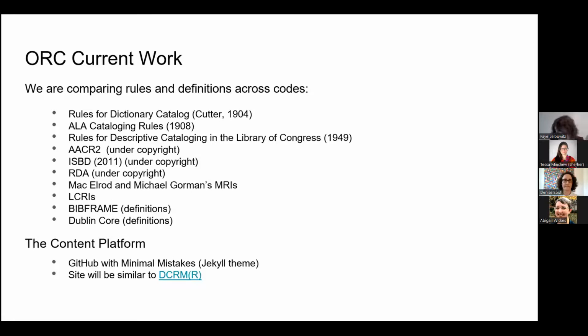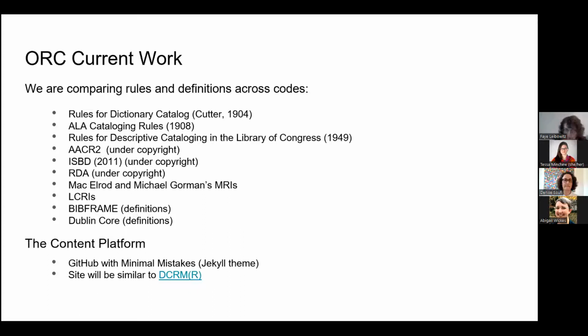Now let me talk a little about our current work. Basically, our strategy is to compare rules and definitions across codes.